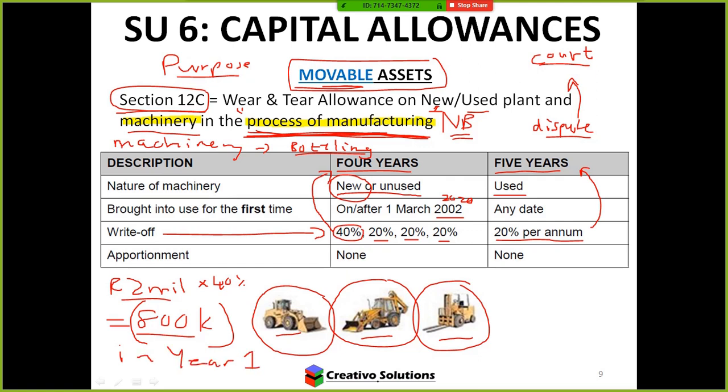Is that going to help the business? Of course. The business is going to have taxable income that's going to be less 800,000. Do you see that? And that's what we're looking at here. So is that an incentive to buy a new machine? Of course. And that's why businesses definitely purchase